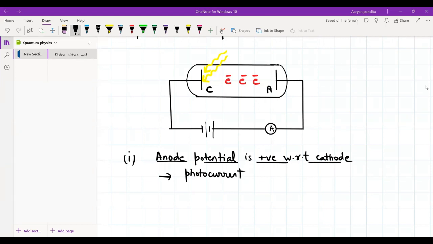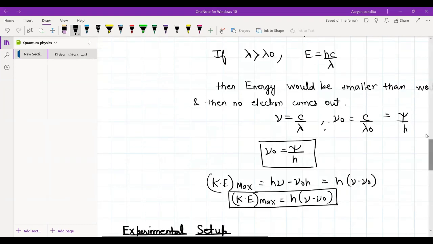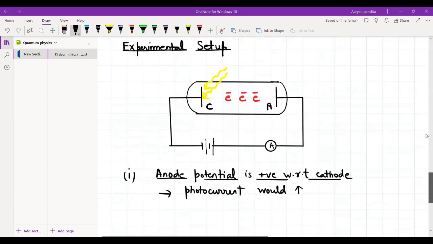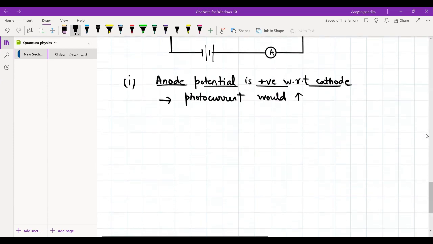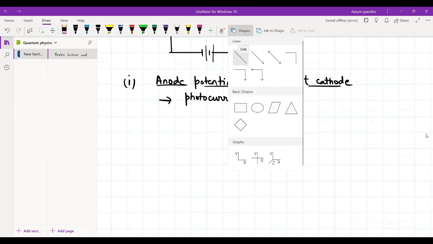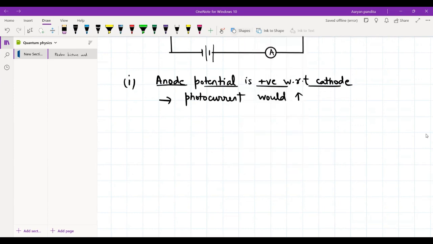Photocurrent would increase. We can also have a graphical representation of the same. If I use a simple graph, a graphical representation, and if I plot,